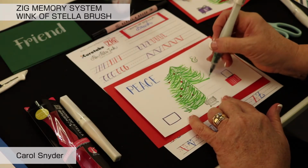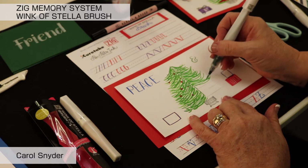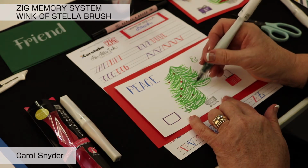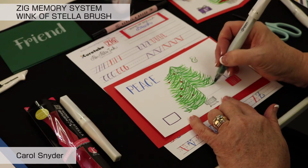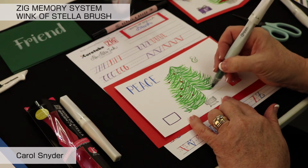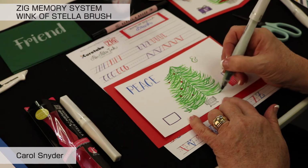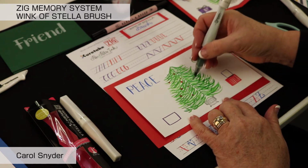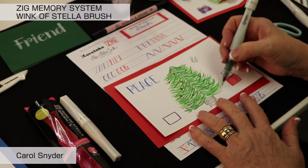I think the slower you go, the more control you have. So if you're wanting to do it a little bit more free form, you would do it faster. If you want to do it controlled, then you can do it out to the sides and pull. Okay, so you would want to continue on and add all of the branches and such like you would like. And you want to make sure that you don't get your hand in it,